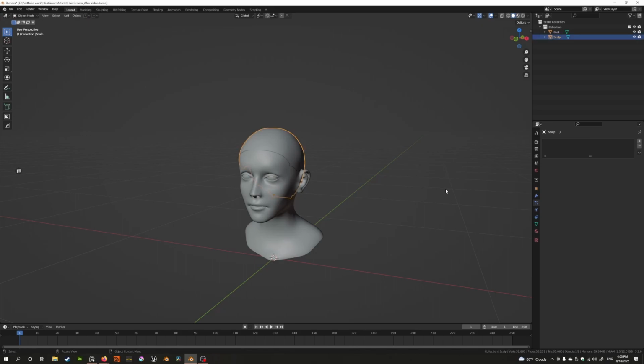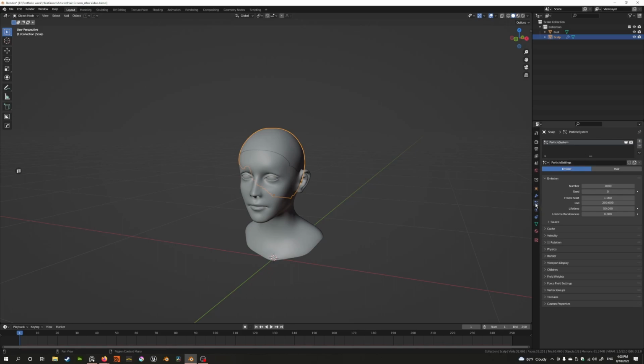Okay, so the first step is to add a particle system, and you can do that by going to the particle properties and adding a particle system. I'm going to rename this like I usually do. Let's call this Afro, and I'm going to rename it here as well, Afro. This is the particle system name on the object, and this is the particle system itself. It's the particle system name, so you can actually use this again in other